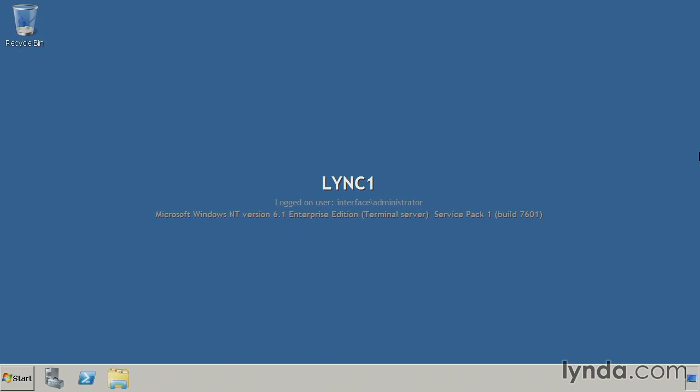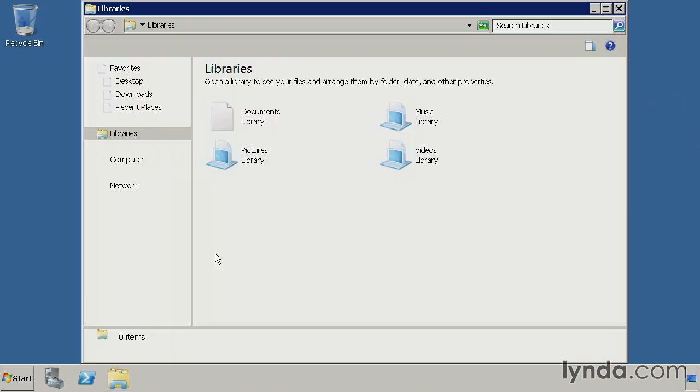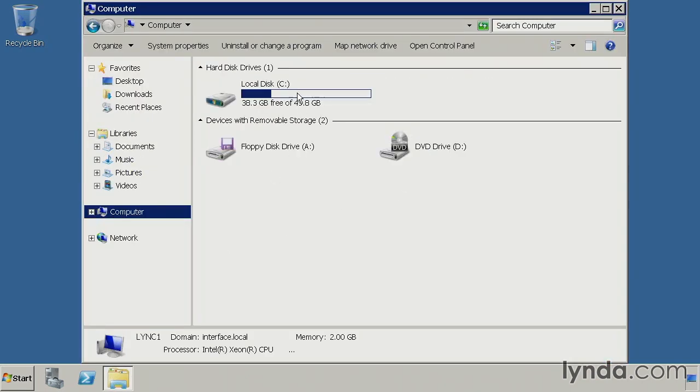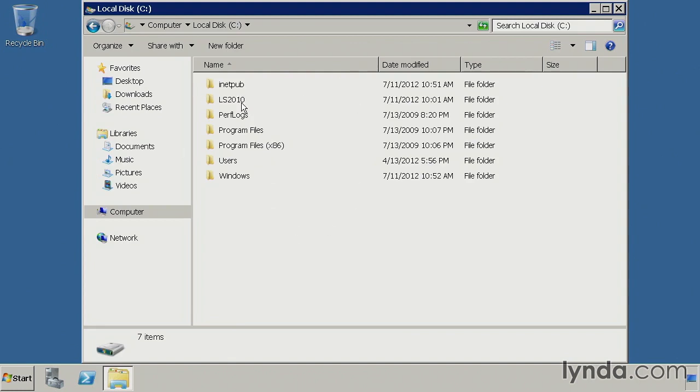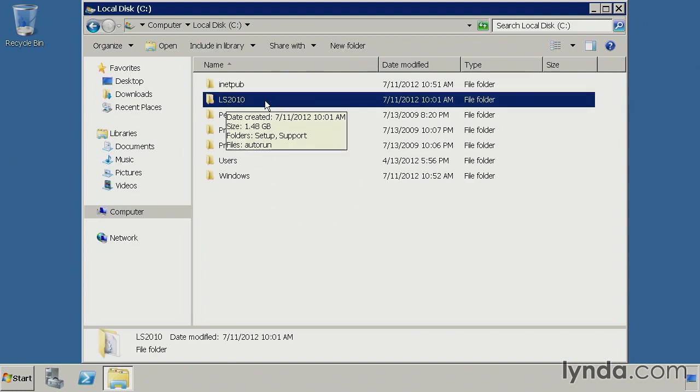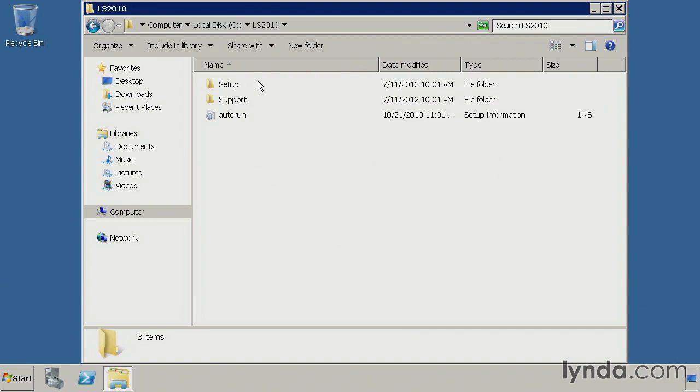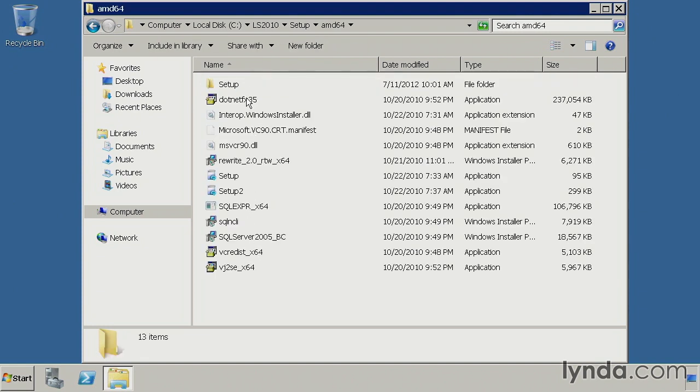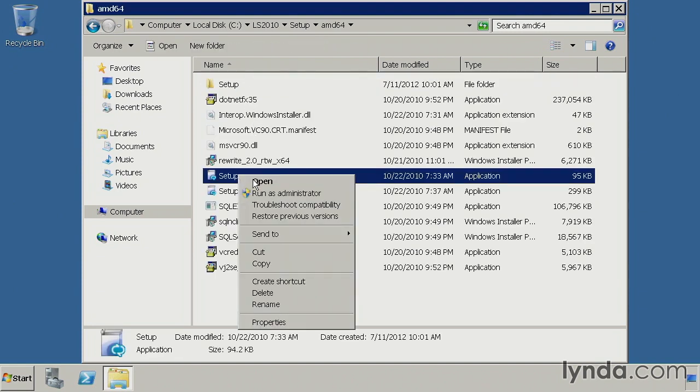from the schema master. So on the C drive of my Lync server, well, I'm not on my Lync server yet, this is going to be my first Lync server, but I've got the Lync media. I've got this folder called LS 2010. Inside this folder is the Lync Server 2010 media. So I'm just going to go in here under setup, under AMD64, and right click on this setup and